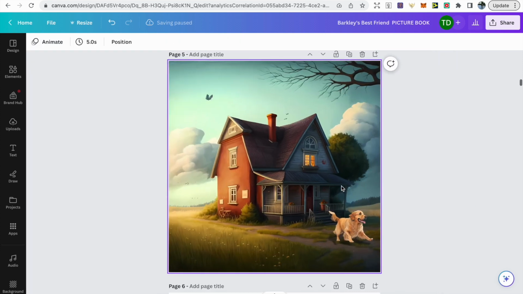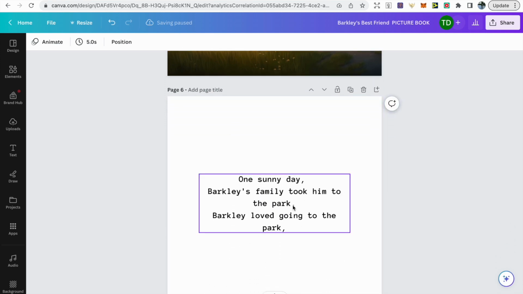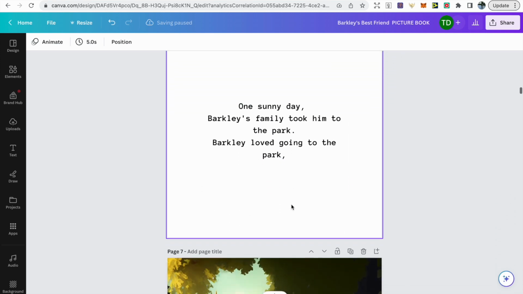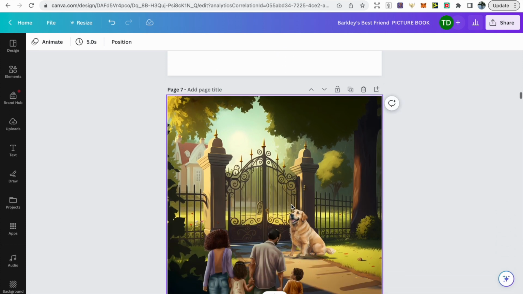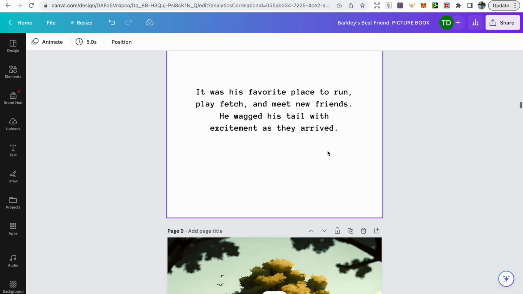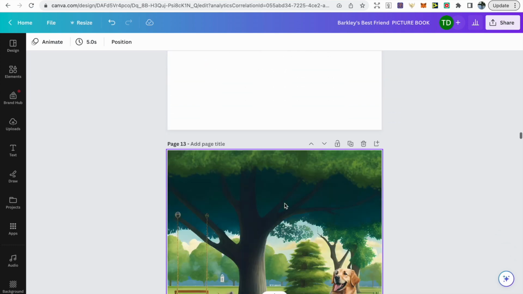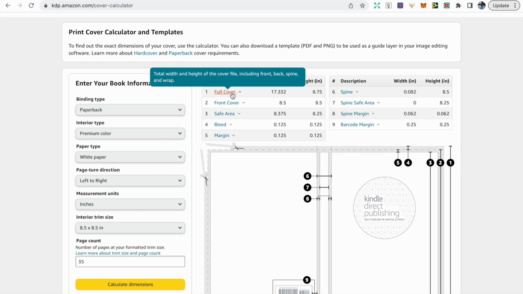Then once you're happy with everything, you can move on to the next page, and it's just following the exact same process of copying and pasting in the words, then adding in the background, making sure that it fits the words, and then adding the characters and shadows. So I've again included the dog and family as well. After this, it's just a case of following the steps that I've showed you in order to create the rest of your story. With most of the interior pages done, we can go to the KDP cover calculator to get the